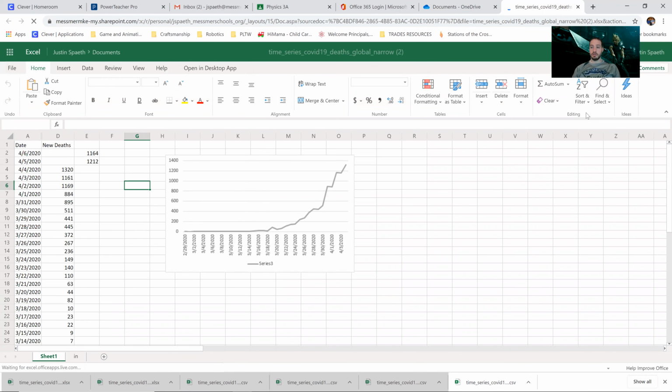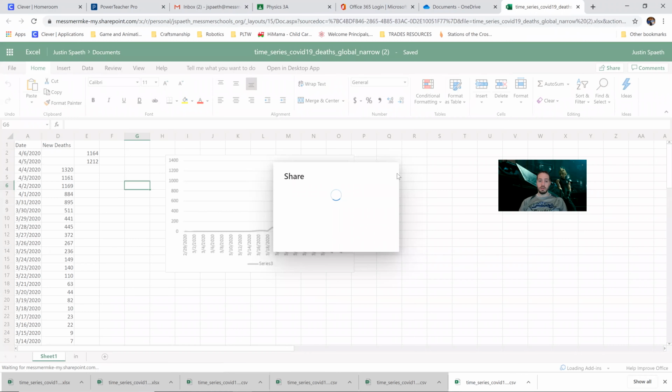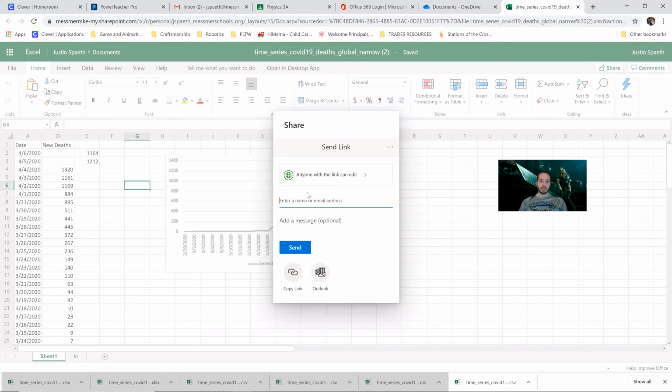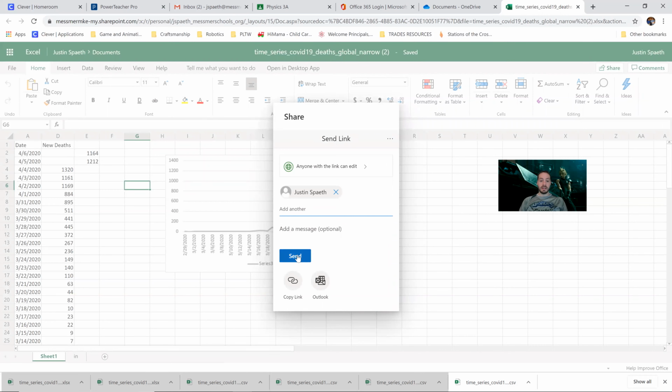There is a share button. Okay, just go share. Okay, share. Anyone with a link can edit. That's just fine. Enter name or email address. So if you just type in jspaeth@messmerschools.org, you should find me. Okay, and then you can send me, say, hey, here's